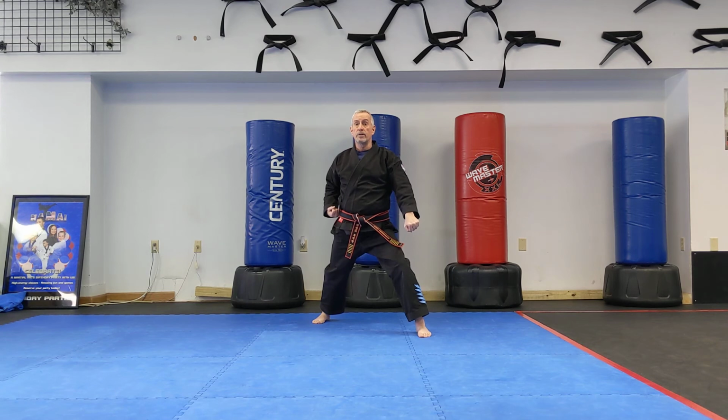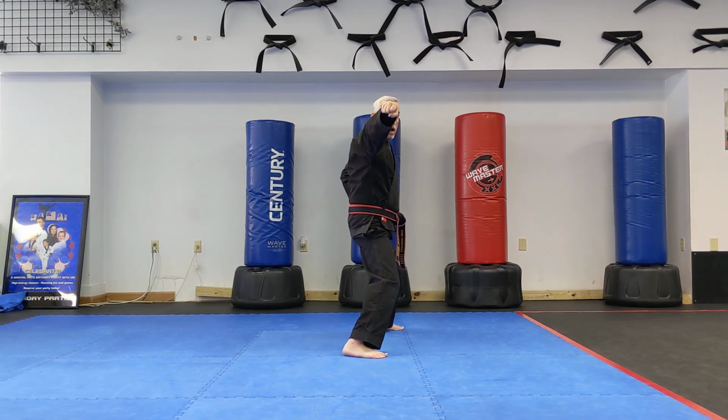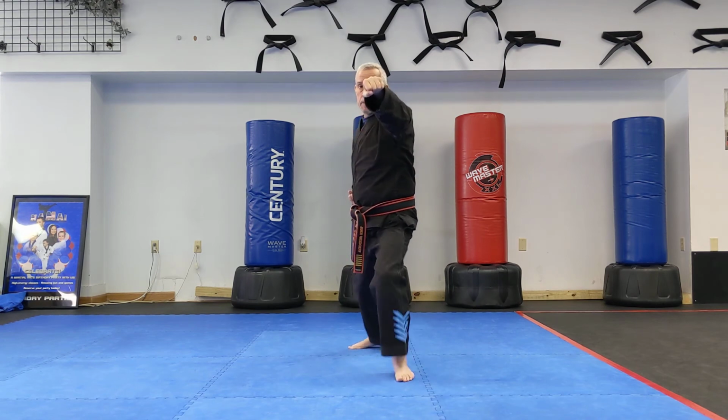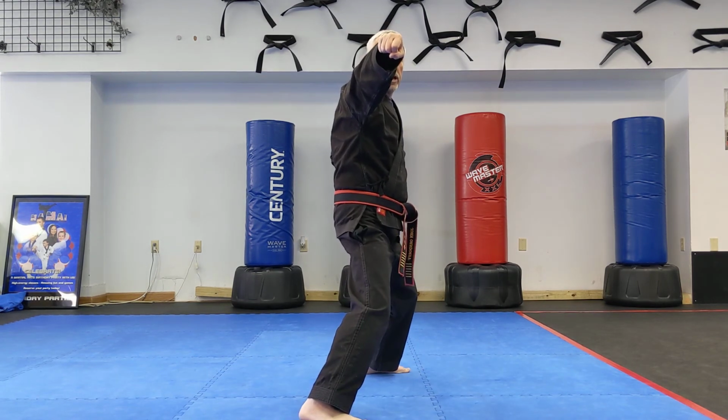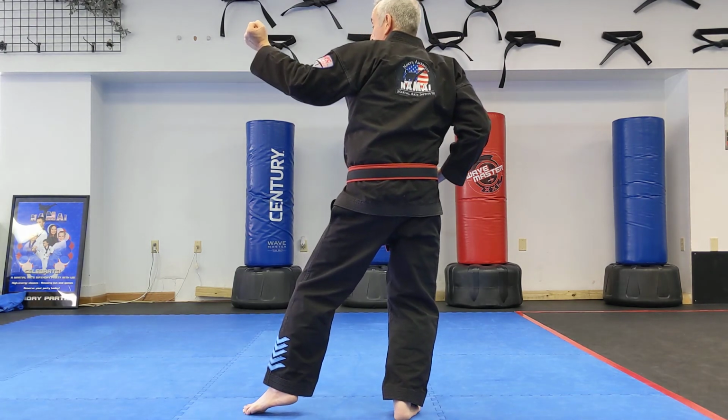From here, we're going to do a side stance, side punch. We're going to punch chin high as we go into a side stance. So the right hand's going to be first, and we want to punch straight out. Right from the hip. Notice how the hand starts at the hip. There's our spirit shout. Look over the right shoulder, back stance inside out again with that 270-degree turn, although it's